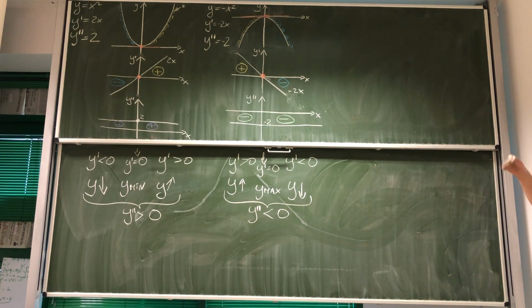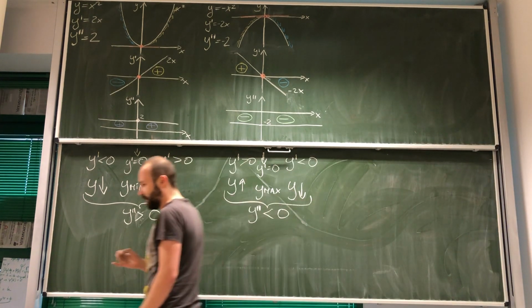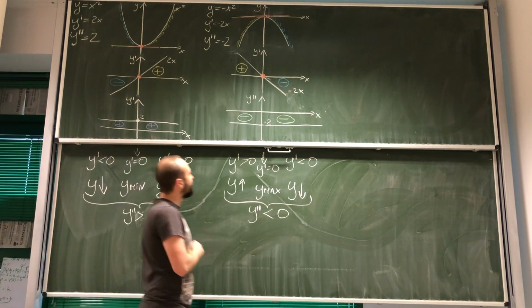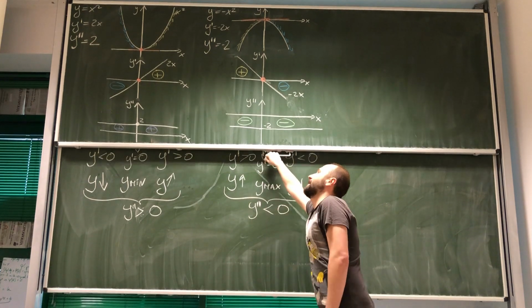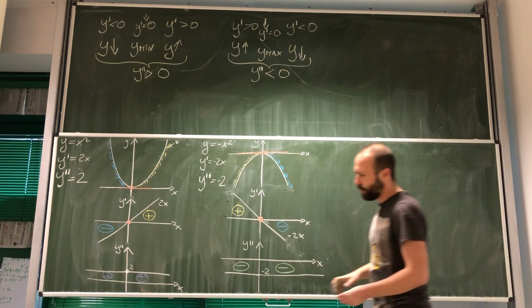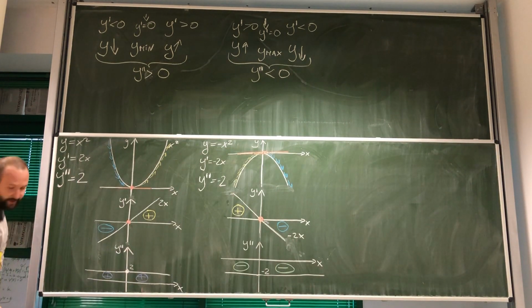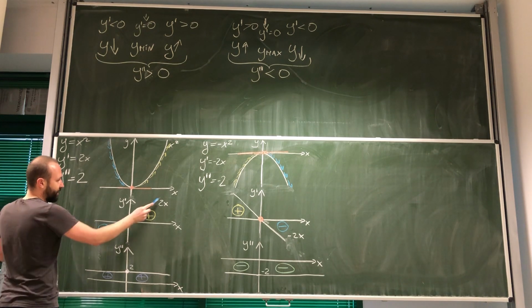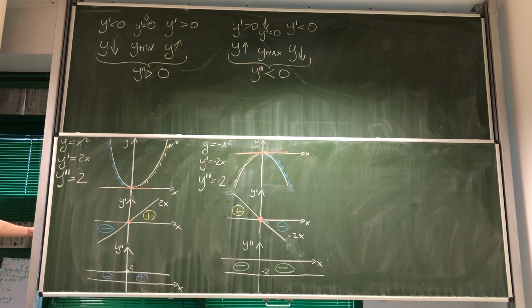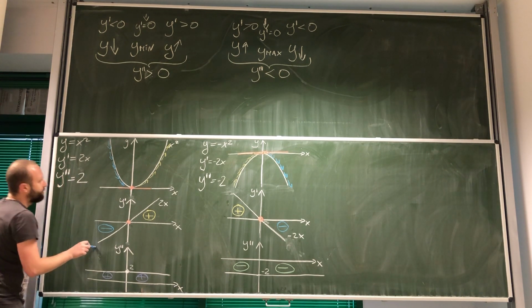But look, if we've got all this information, maybe we can learn even more about this function. What do I mean by that? Look, let's go back to our graph and something that I was mentioning earlier. Look, here we see that the derivative is upward sloping. It has 0 in the middle. But what is this telling us about the general shape of the function? Look, here we see that